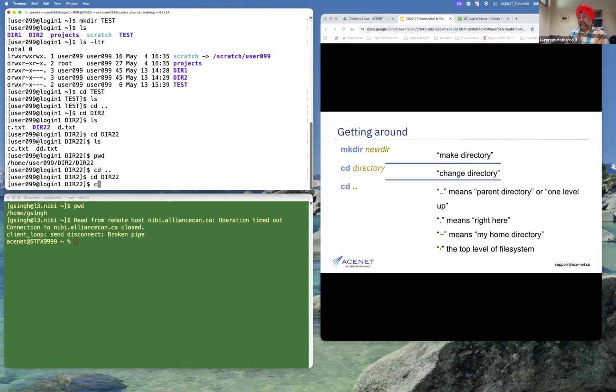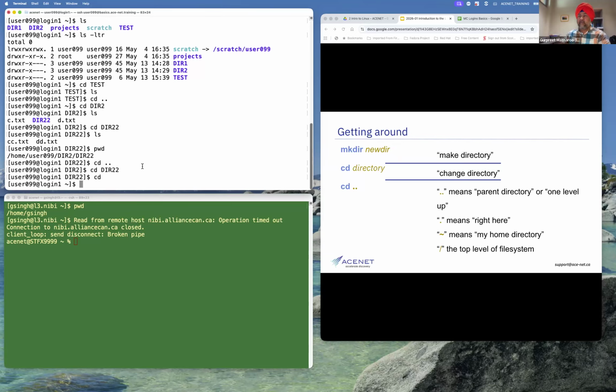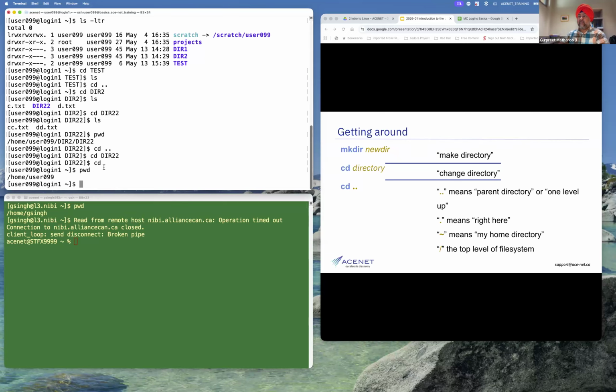And let's say I press cd and I forgot to put the dot dot there, I just press enter after that. It's going to take me straight back to my home directory or the login directory. You see this? So anywhere you press cd and press enter after that, it's going to take you straight back to your home location. Sometimes you are confused, it can happen, you really don't know where exactly you are, and you don't want to mess up things there.